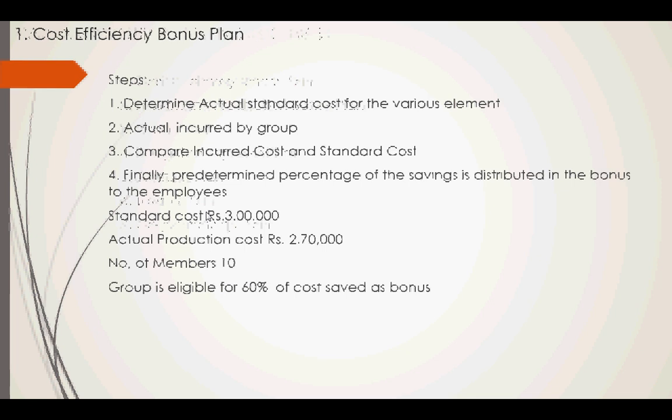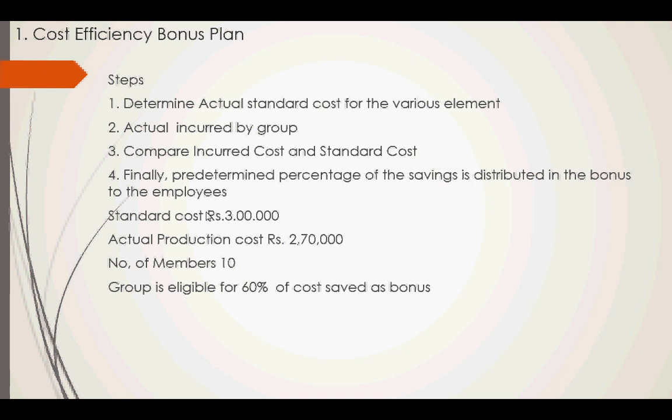First, cost efficiency bonus plan. How do the organizations implement this bonus plan? The steps involved in it. Number one, determine actual standard cost for the various elements, for the various activities.